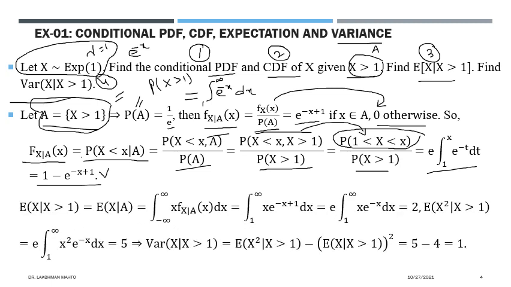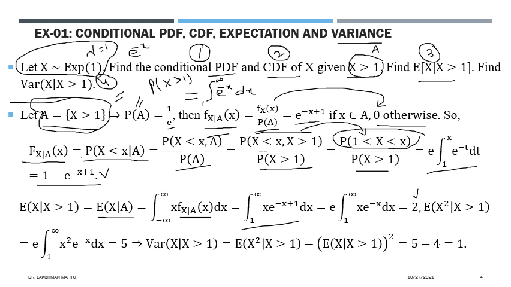Now we will talk about the third. The third is about conditional expectation. So let us go to the definition of conditional expectation. We are finding the conditional expectation of x given A. What we have to do is multiply x with the corresponding conditional density of x given A, and integrate from minus infinity to infinity. That is the definition of conditional expectation, and we have already calculated this conditional density, so we substitute it here. Just do the integration and you will see that the conditional expectation of x given A takes the value 2.